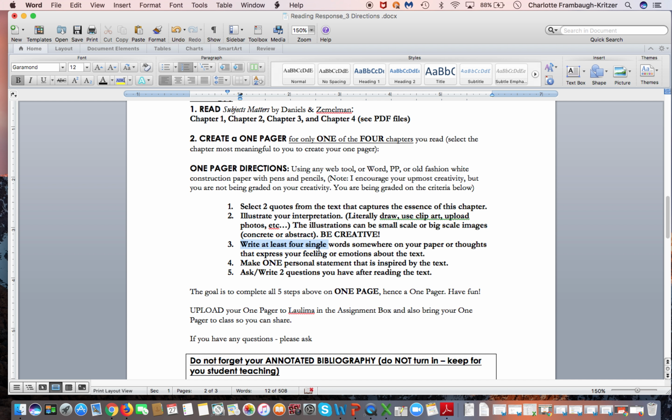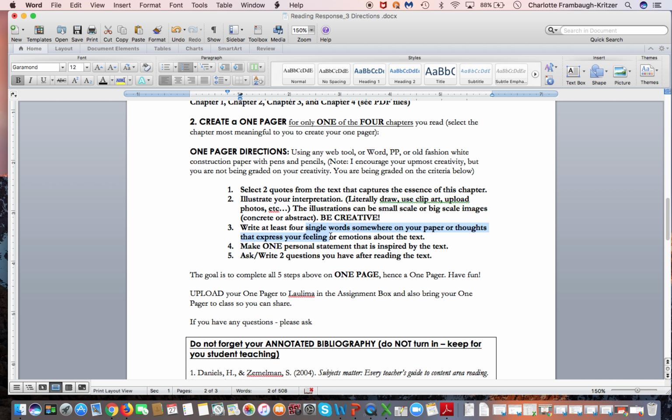Next, write 4 single words. Somewhere on this one-pager, there needs to be 4 single words that express your opinion, your thoughts, your feelings, your emotions around what you read in this chapter, in this text. So please have fun with that as well. As long as you do that, you will be meeting the requirements. I don't care what 4 single words it is, but it should be very clear to me that